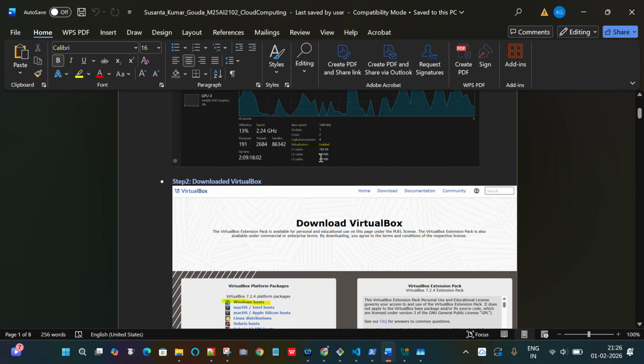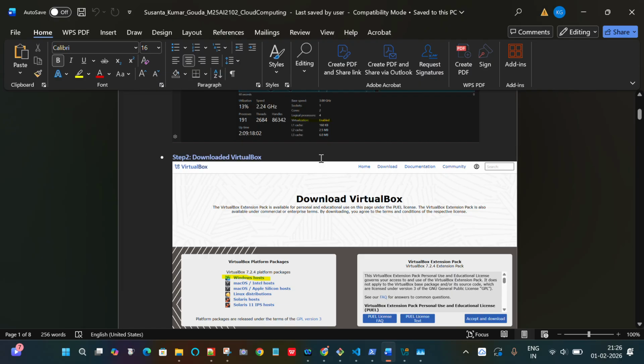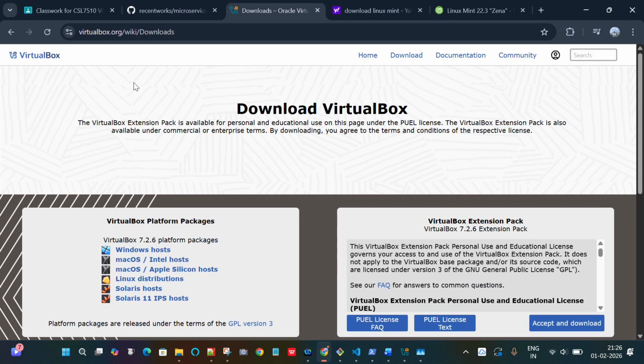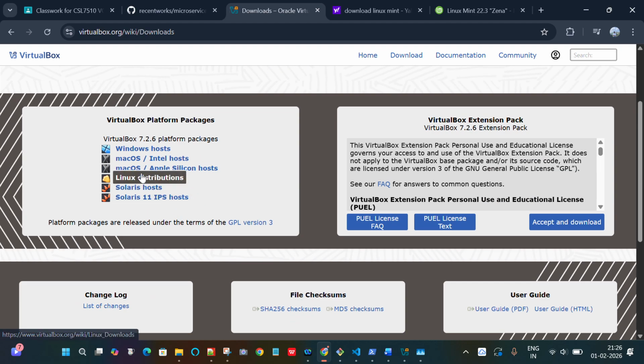Now coming to the second step. We have installed the virtualization tool through which we are going to create it. It's VirtualBox. VirtualBox has been downloaded from this link. As my system is a Windows system, I have downloaded it for the Windows host. Next, we have to download